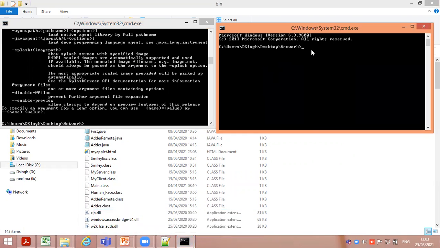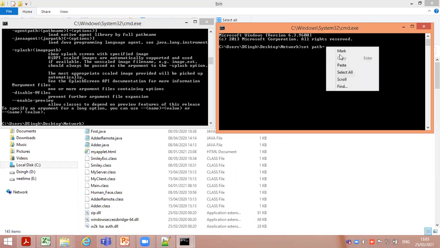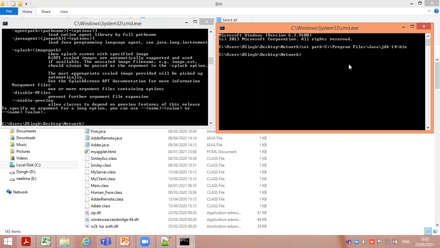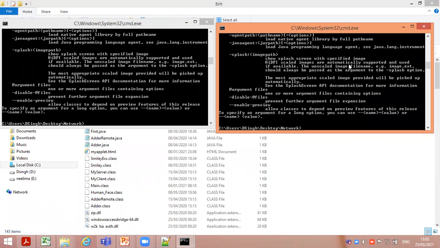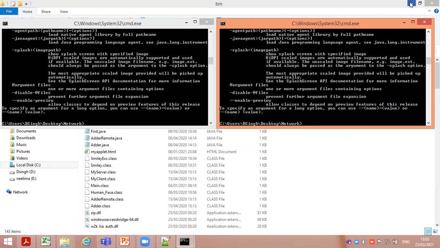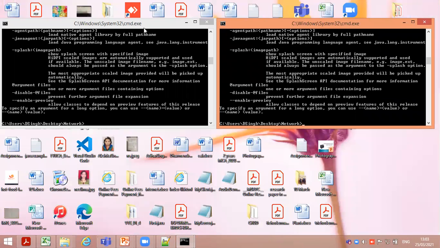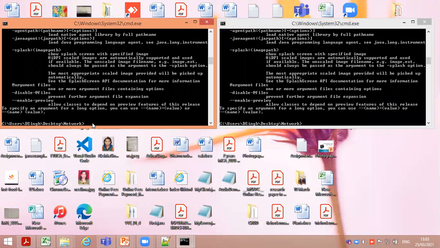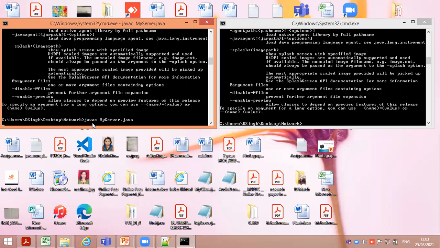Do the same in the second prompt: set path equal to the Java bin path. In the folder we have two files, one is a client and one is a server. First, javac MyServer to compile the file.